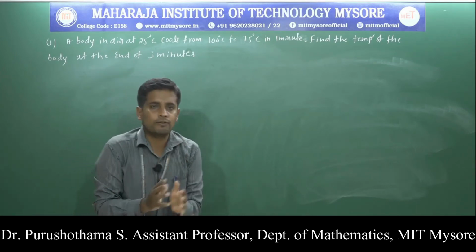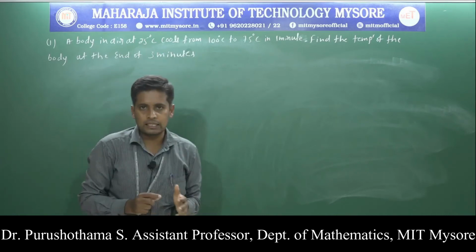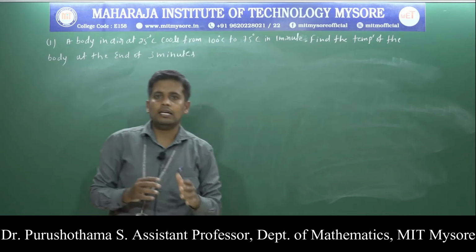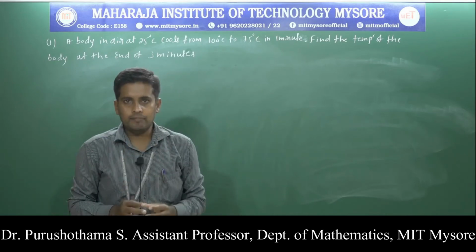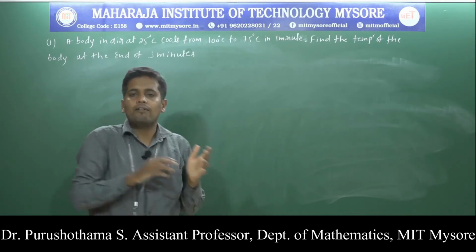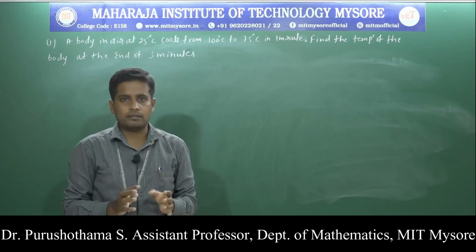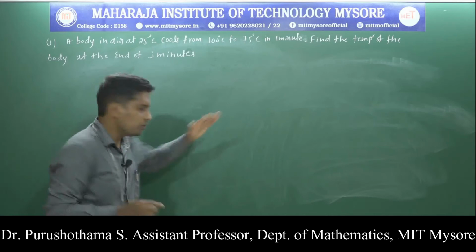This is the question. It means a particular element is kept in a room. The temperature of the room is 25 degrees Celsius. That element cools from 100 degrees to 75 degrees, and it takes 1 minute. Then, using the given data, find the temperature of the element at the end of 3 minutes. This is the question. So the solution is,